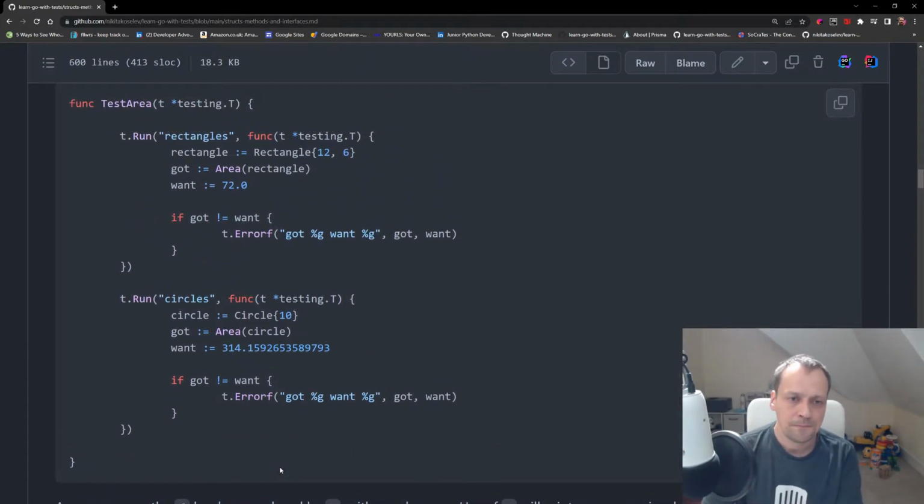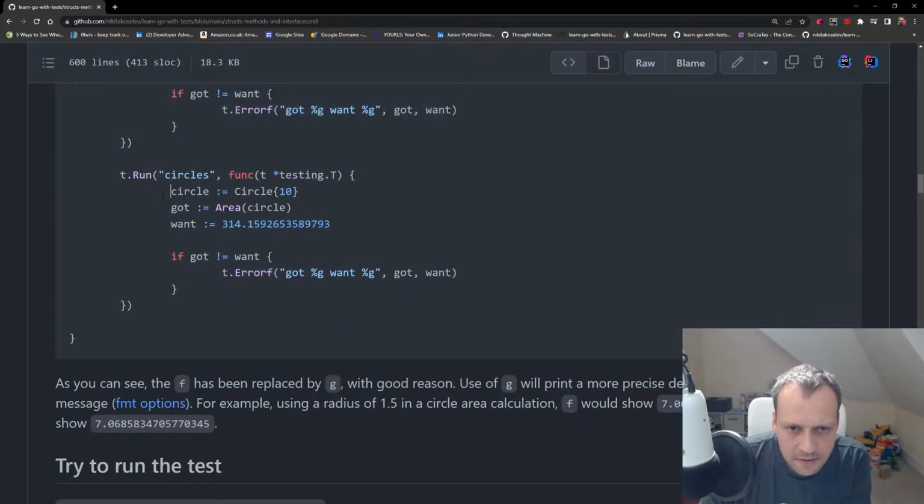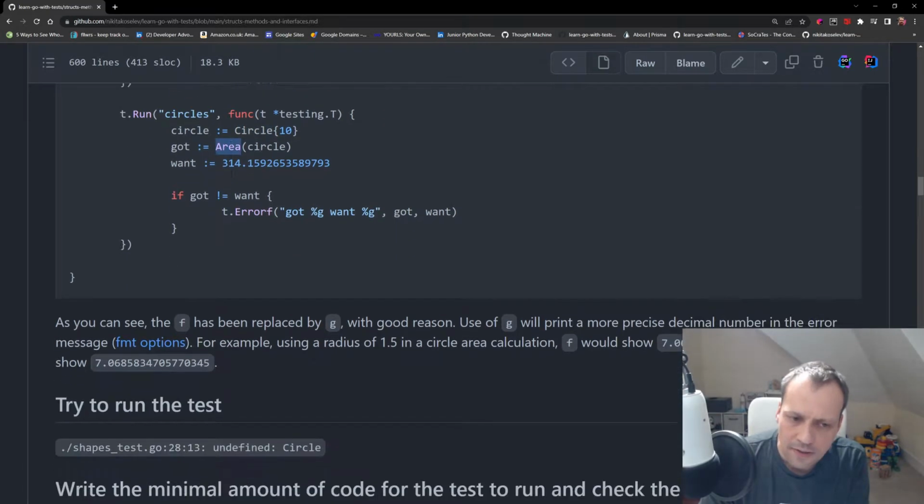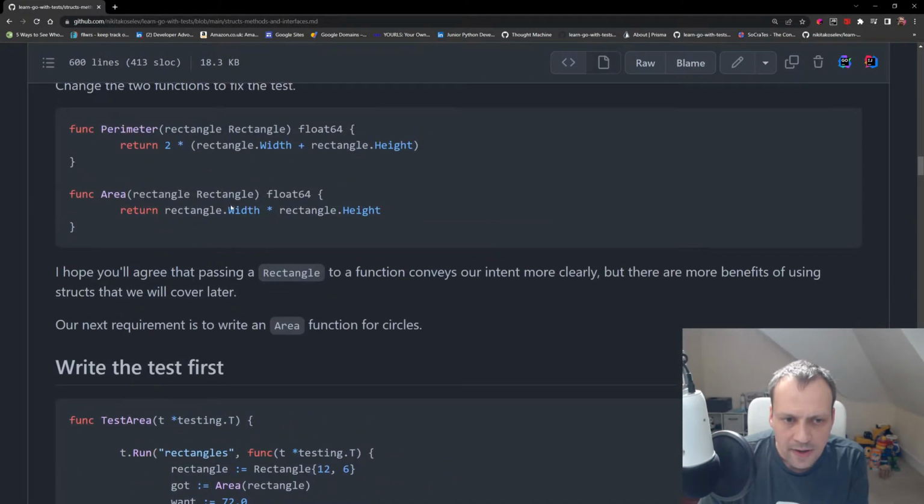Now let's see. So here we run the test for rectangles, and we create this rectangle. We set the data there, and we check the area. That's fine. And now we create another structure, and we check area for this one, and that will be interesting because now